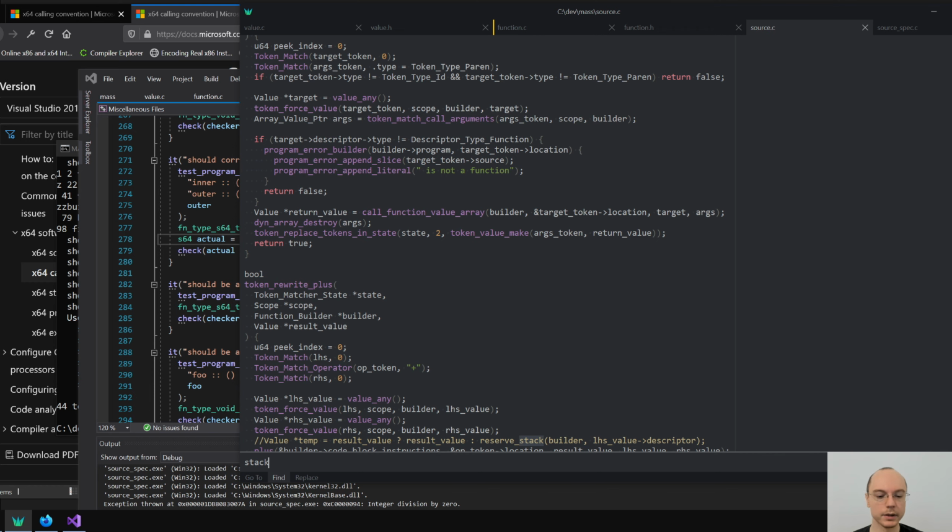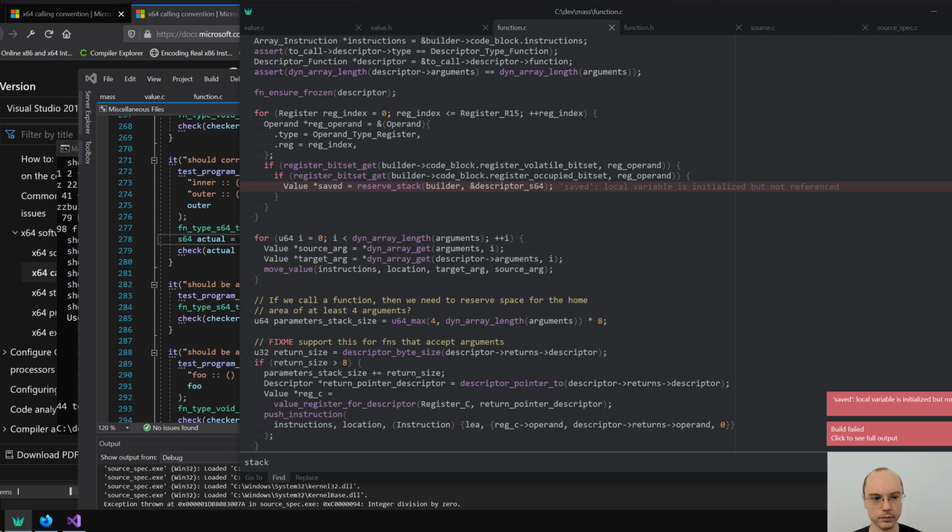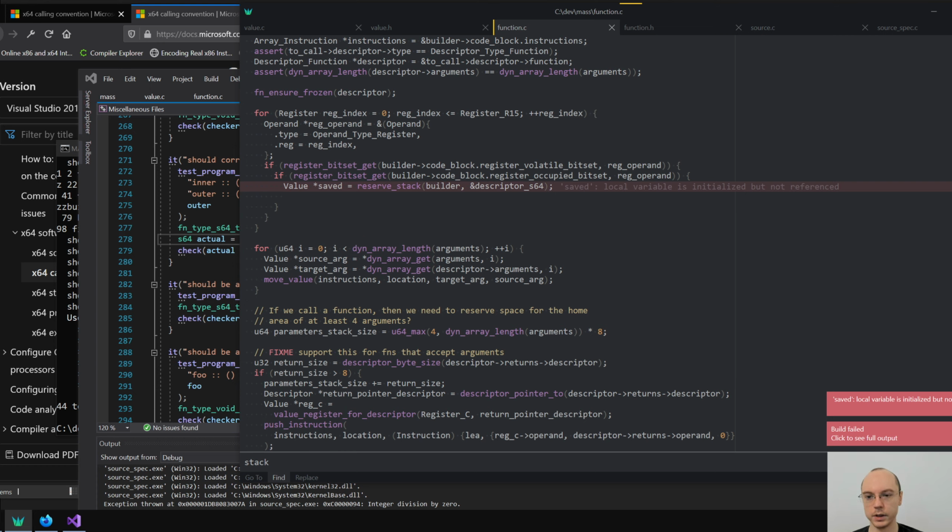Stack, reserve stack. Okay, so that's good. We can take that. Reserve stack, the stack builder, and we need to have a descriptor, and descriptor as 64. Good. And now we say move value